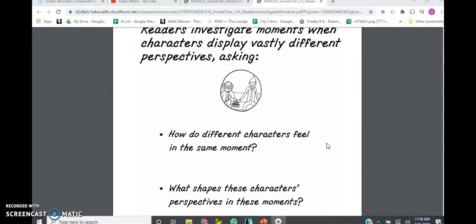What I'm going to expect for your assignment for today is I want to see a notebook page, whatever notebook page you want to do. So I want you to think about the strategies that we've gone over so far. Maybe you're going to think about character traits of your characters. Maybe you are going to be able to think about perspectives. Maybe you're going to think about how some of those weird moments are fleshing out. Whatever you want to do, create a notebook page. You can either take a picture of it or you can do it online, but submit it to me for today's assignment. Let me know if you have any questions, guys. Thanks.